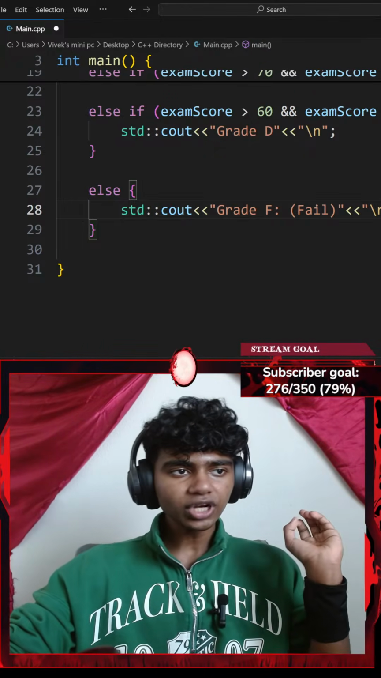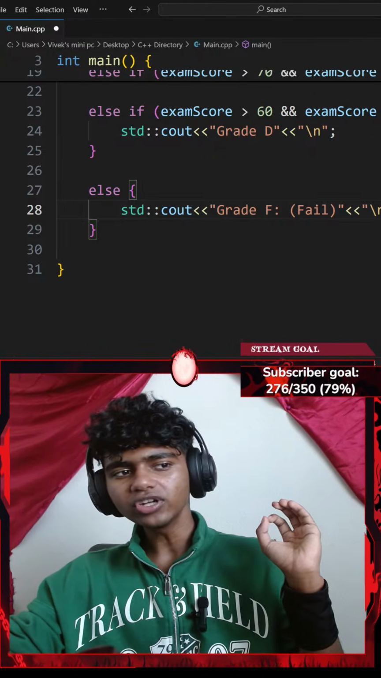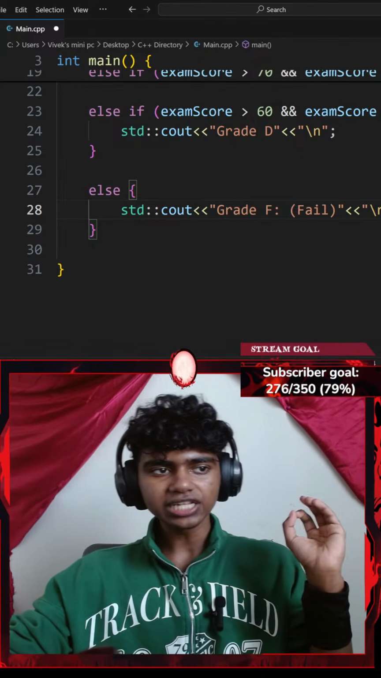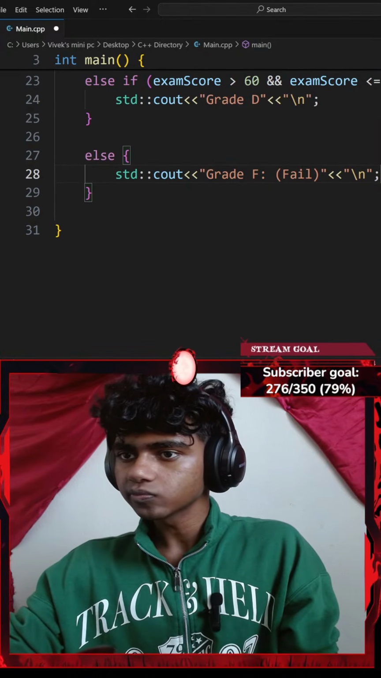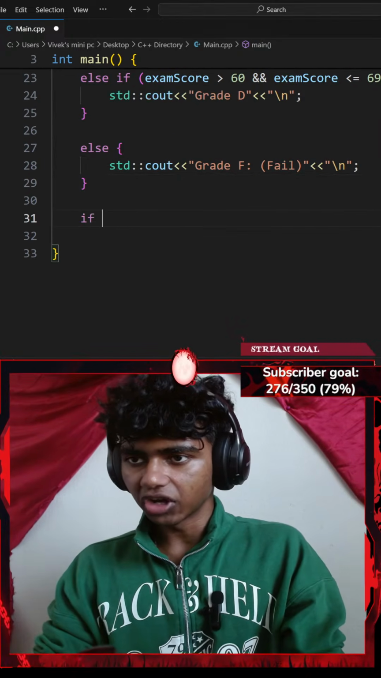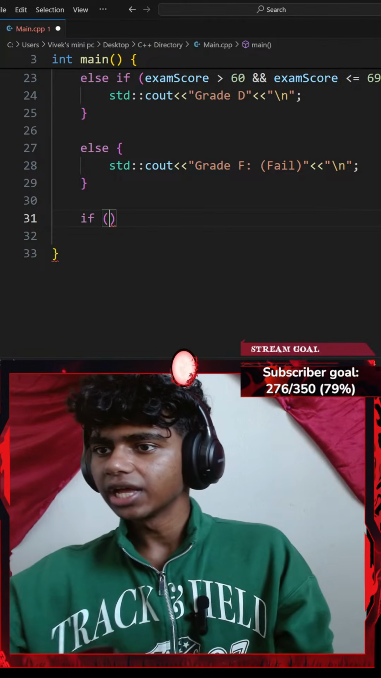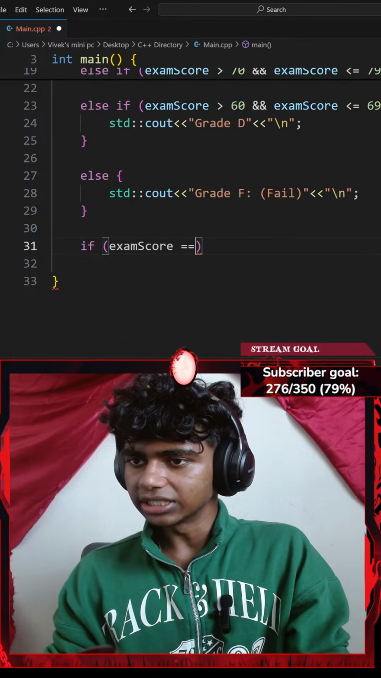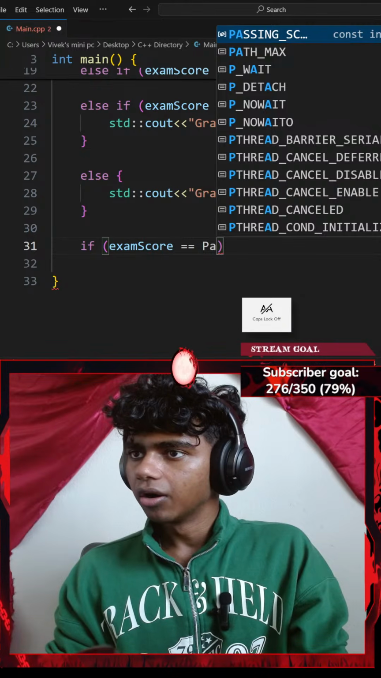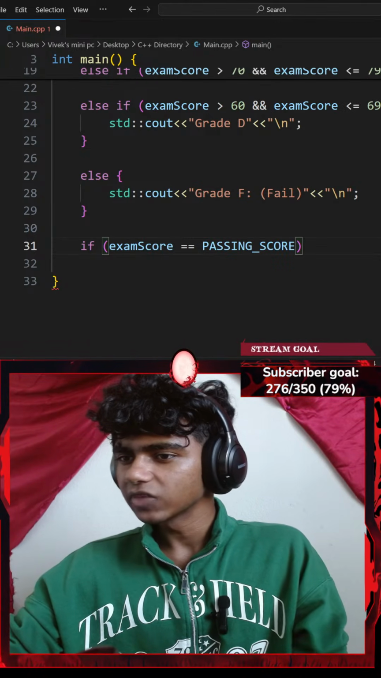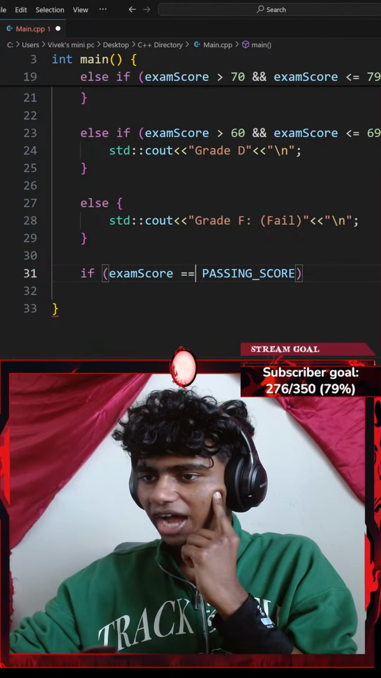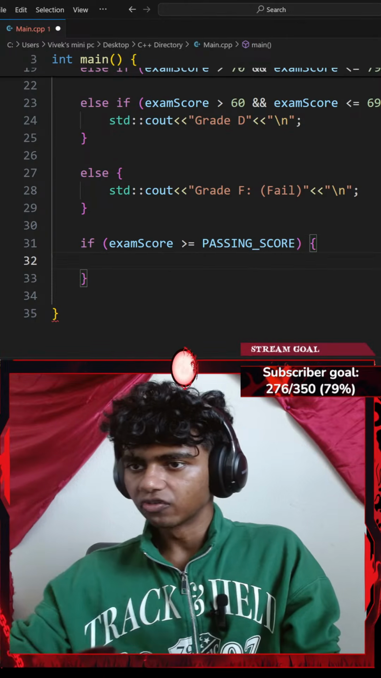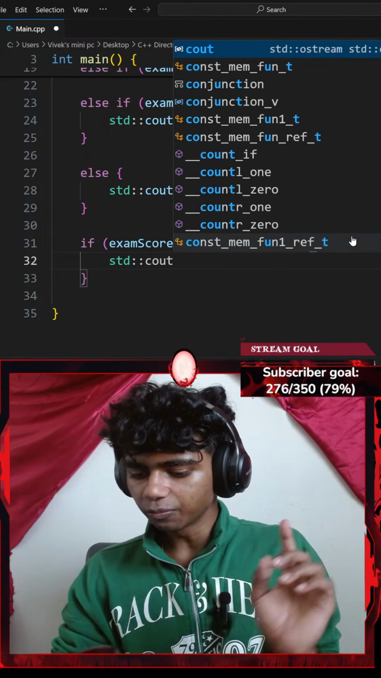Okay, next up, after printing the grades, check whether the score is at least the passing score. If yes, print you passed, else print you failed. Okay, let's see. Let's add another if statement. So if, a pair of parentheses, if my exam score is either greater than or equal to my passing score, I'll go with a pair of curly braces and then add a standard console output with an insertion